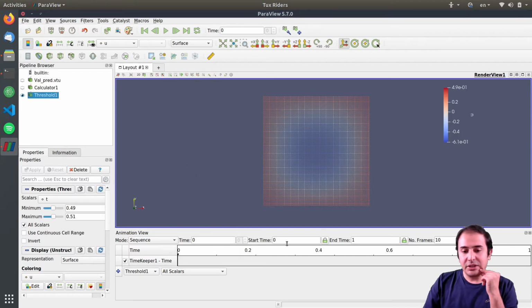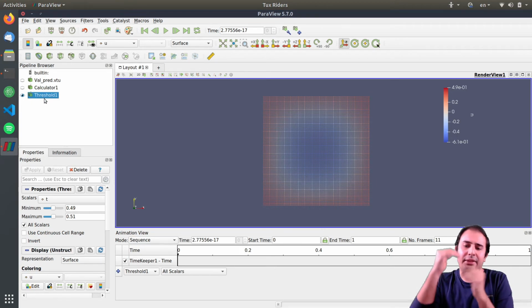Let's first define the time concepts for ParaView. We can say that the start time is 0 and end time is 1, and we have 11 frames, not 10 frames. I click apply, then it creates this, and here we want to say that on each frame, now you can see that I can go on, but nothing is changing indeed. On each frame, try to change the lower and upper bound of this threshold